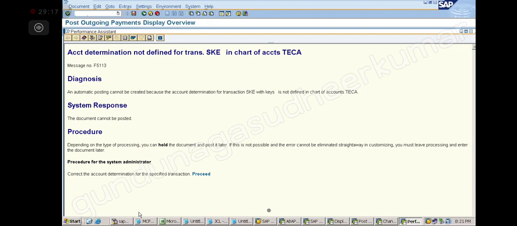Sir, if partial payment is there, how to do the payment also? You can do it, but partial payment you do as you do for GL only, the same way. But the point is, discount it will not give. Discount it will give you on the clearing date. If you say, no sir, if the vendor accepted payment of 50% of the invoice value, I'll give 3% discount, how to make that? Adjustment you have to do. Manual adjustment you have to do. We will see how to do that.